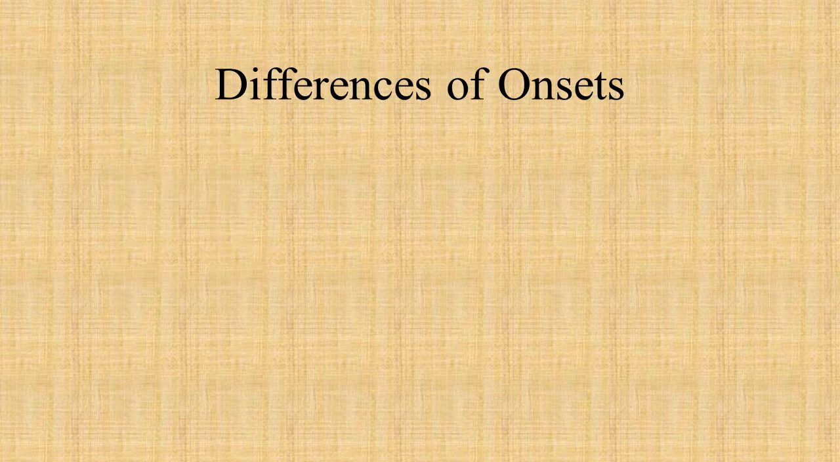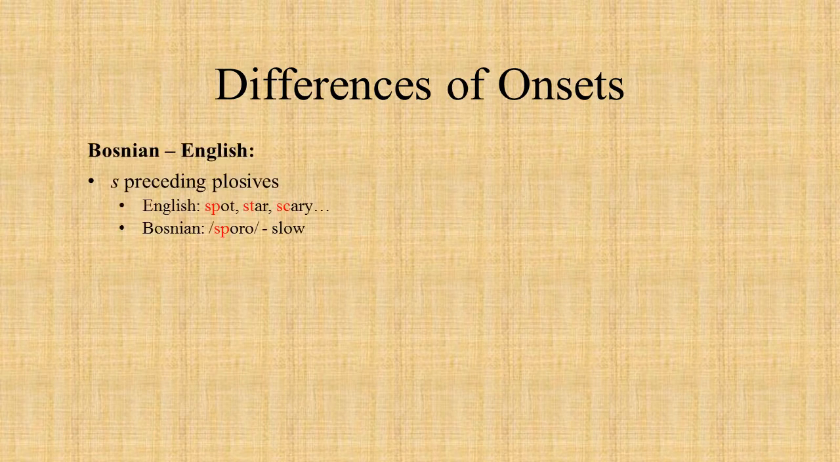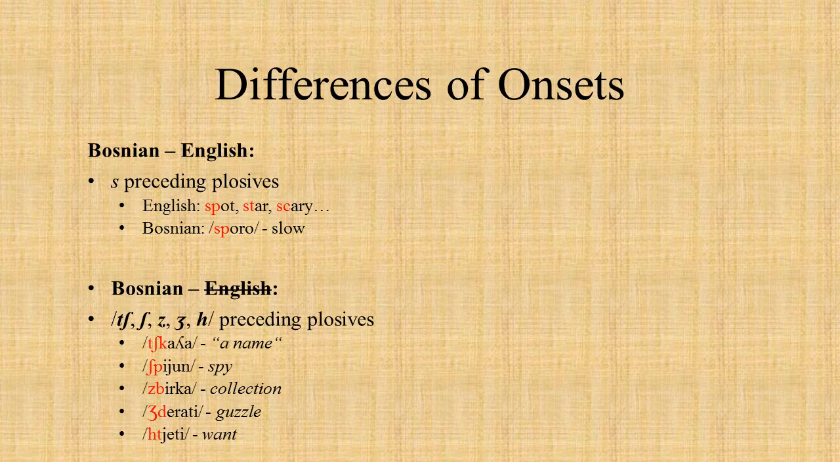In both languages, s is allowed to precede plosives. In English, such combinations occur in the words spot, star, and scary. The Bosnian word sporo, which means slowly in English, shows that the same is possible in Bosnian. But in Bosnian, not only s can precede plosives, but also the consonants ch, sh, z, zh, and h are